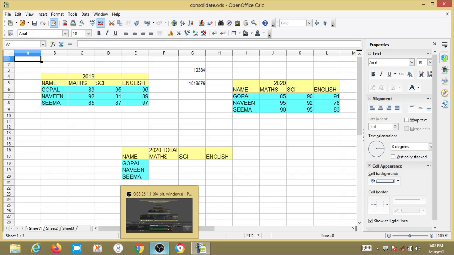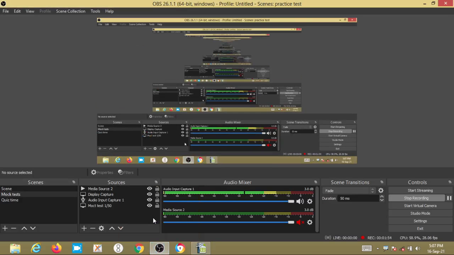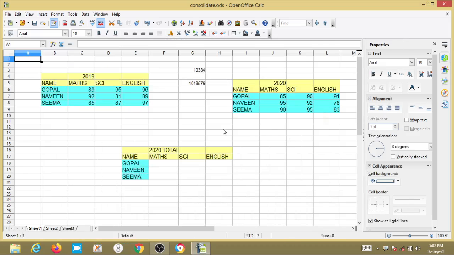For complicated calculations, we need a special software that is called a spreadsheet. A spreadsheet is a computer application that consists of multiple cells organized in the form of rows and columns.